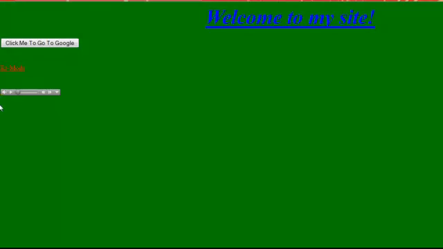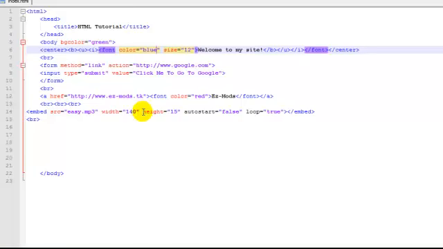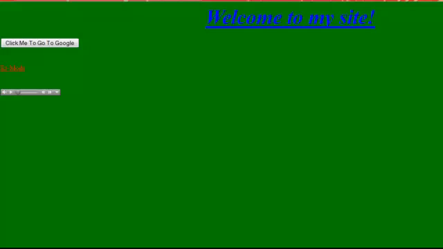Let me just show you why you need the height and the width for the music player. So if we come in here, say I change the width to 175. The reason you need to do the width and height I tell you is because you can get something looking like this. And refresh. You're going to get something that is way too extended. Now we could